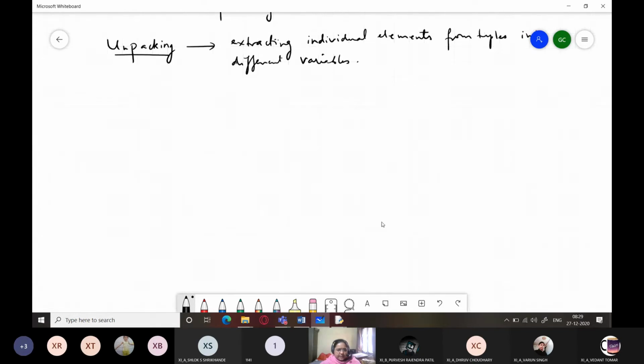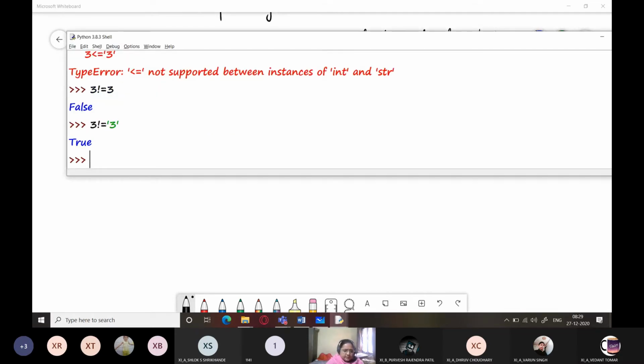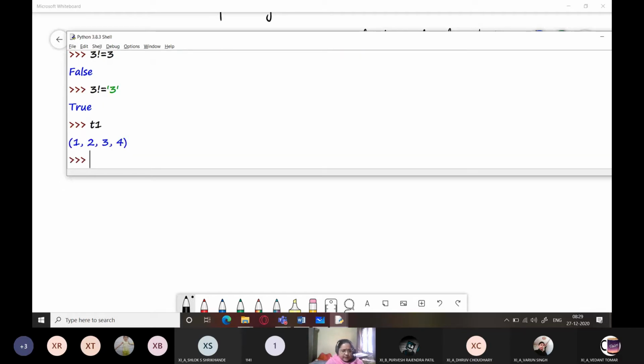Let's see an example. If you have a tuple T1, which contains 1, 2, 3, and 4, and you write A, comma B, comma C, comma D equals T1, that will unpack the tuple. You will see it here. We have T1 like this, and I'm writing A, B, C, D equals T1.